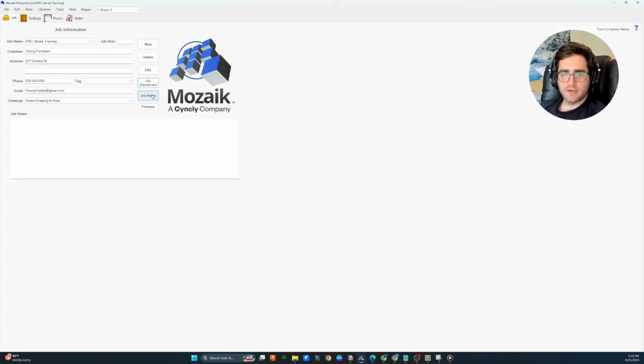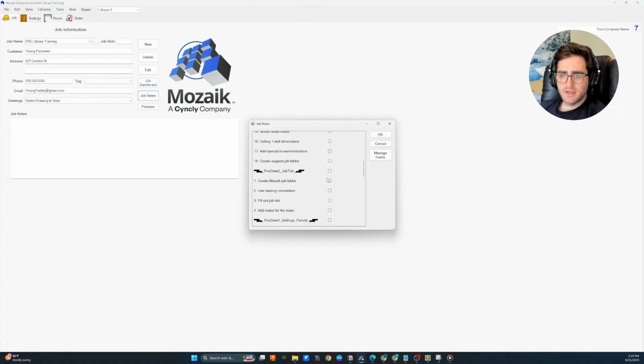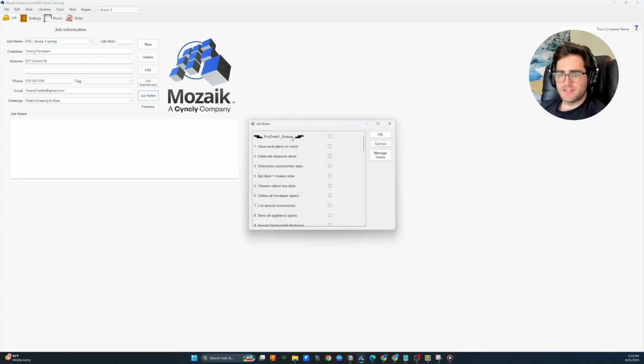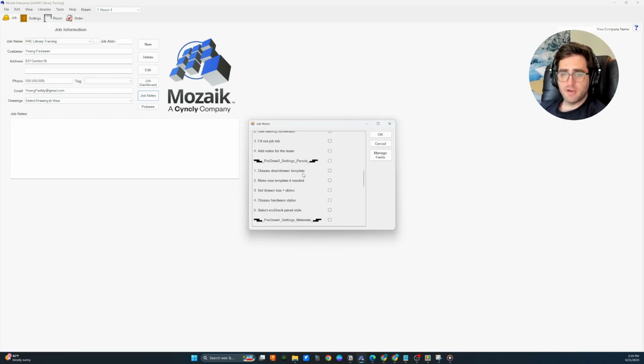The other tab you're going to see in here that everyone has access to is job notes. So I've set my job notes up specifically as a manufacturing checklist and a pre-drawing checklist. Your draftsperson or production manager can go through and line by line check these items off per job when they